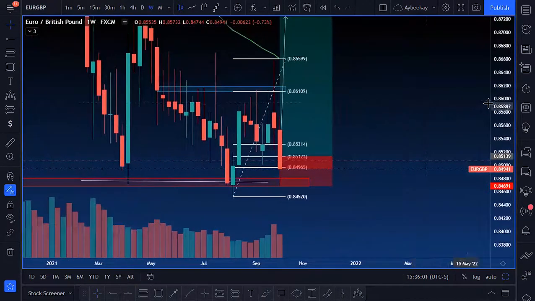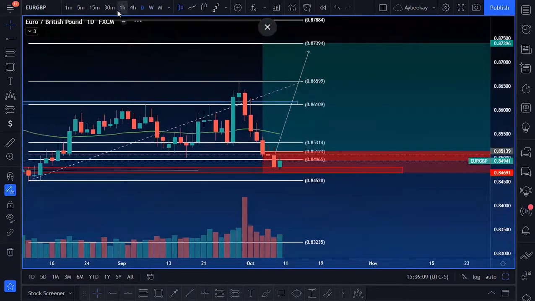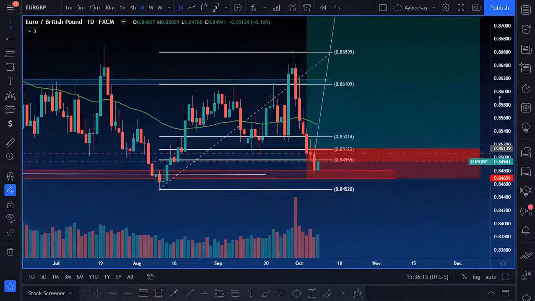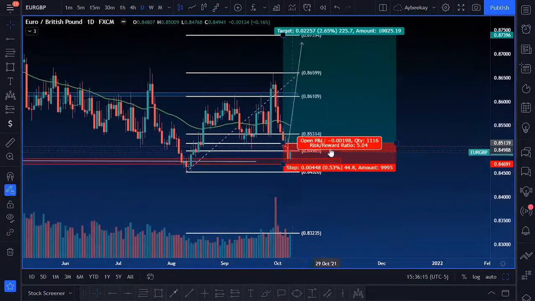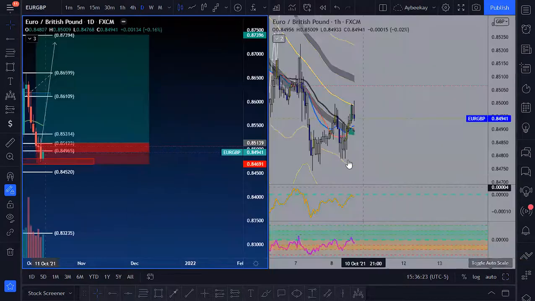But nonetheless, if I go into the weekly, it's still holding at the 78.6 fib right there. So again, I'm still looking for the buys here. I'm not against the buys on EG. It's just that it's been a very bearish week on EG and a very bullish week on GBP JPY. So that's something I'm watching out for. But nonetheless, still in this trade.